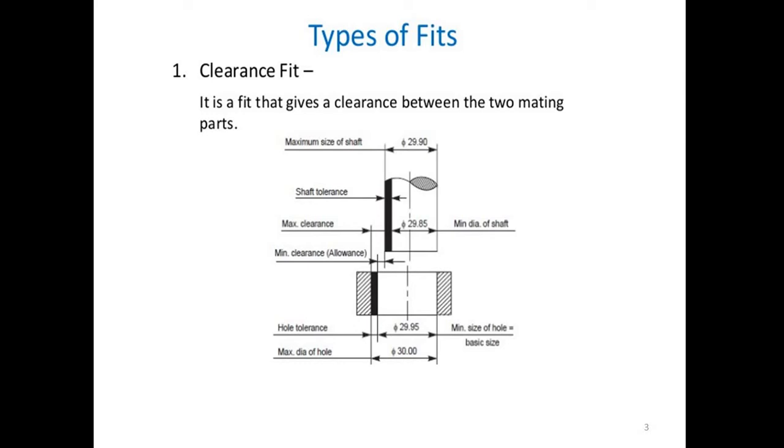That is, the maximum size of shaft is less than the minimum size of the hole. So according to this, when we are using gears for power transmission and these gears are mounted on the shaft, a clearance fit must be there, because for power transmission we are using keyways and the key is used to transmit power from shaft to the gear. Right, for this example, the maximum shaft diameter must be less than the minimum size of hole of that gear. Then and then only clearance fit takes place.